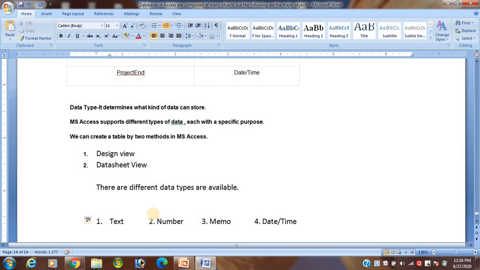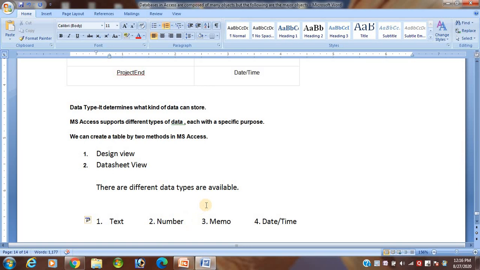Is that clear, students? So in this way, there are many different data types available: text, number, memo, date and time.